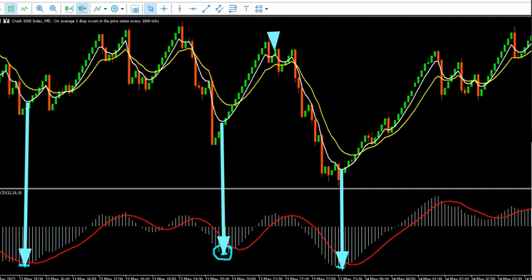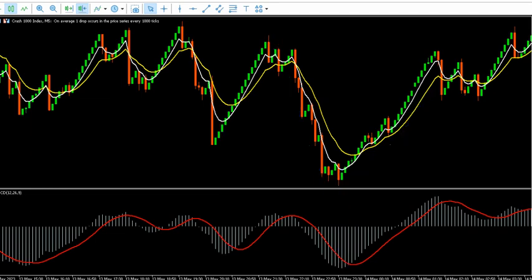You will see the market making a curve move like this. And once the market is making a curve move, the MACD is following it to make the move, and even the moving average in the market will also make the same move. So once you have seen that the MACD has closed completely and now starts making a move, you may enter at that point depending on the capital you have,